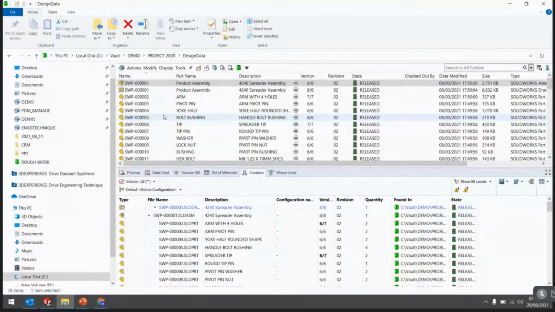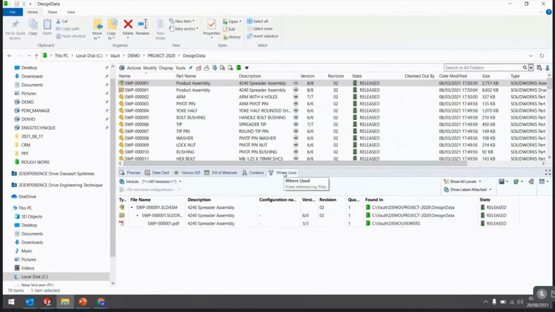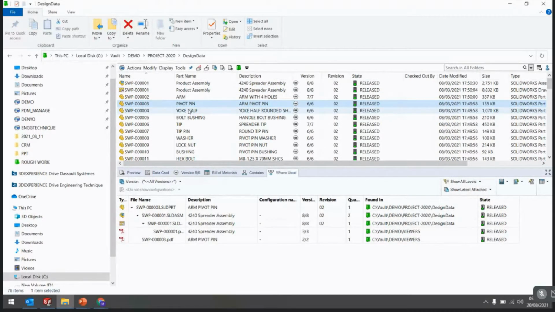It's a sub-assembly, an assembly sub-part, or a toolbox item, everything you can see here in the content tab, right? One more thing is the where-used tab. So what is the where-used tab? You can identify from here where the 03 file is used, meaning how many assemblies or how many drawings use it. So you can see here the 01 drawing where the part is used.